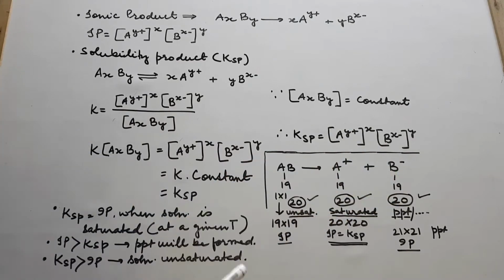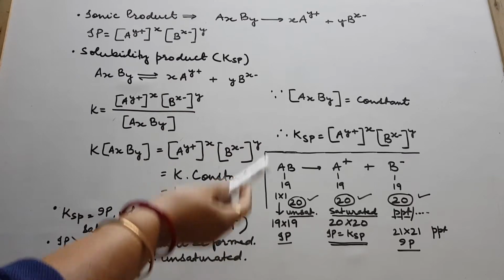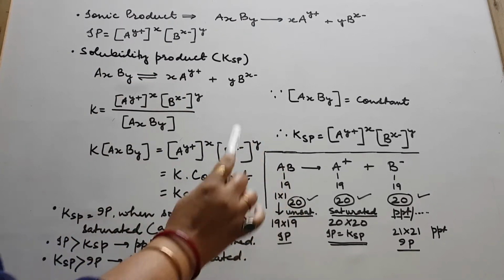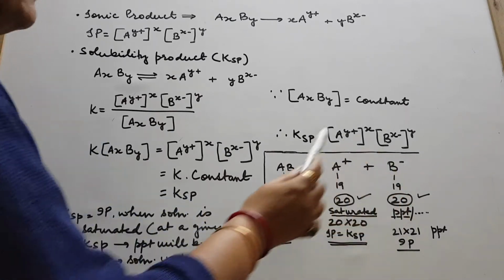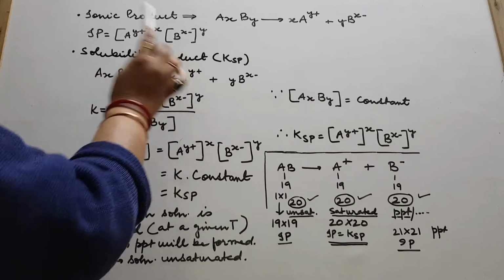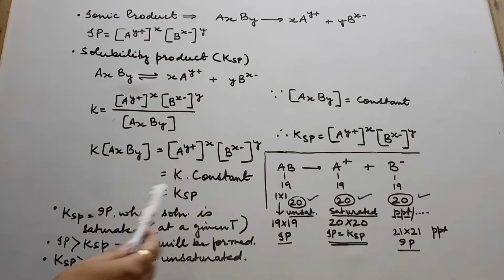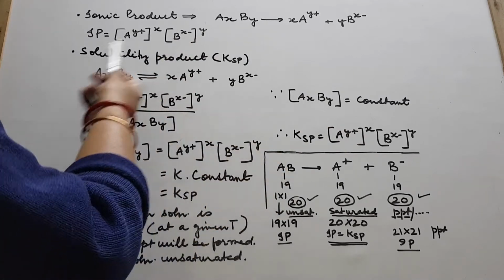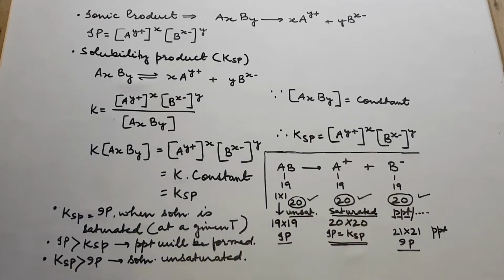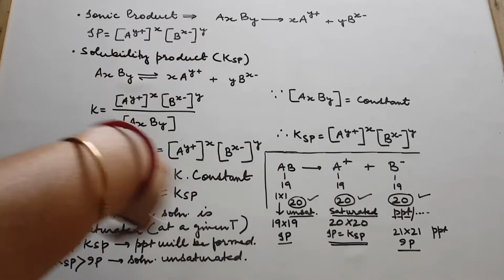10A plus 10B minus. So you went on dissolving and dissolving, and at every point of time, you went on calculating its IP. Say it was 18 moles you took, so 18A plus 18B minus. So 18 into 18 is what? IP. Then 19 you have put. 19 into 19 is what? Again IP. Now, you went on dissolving.